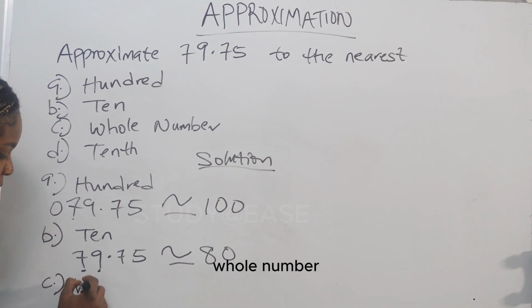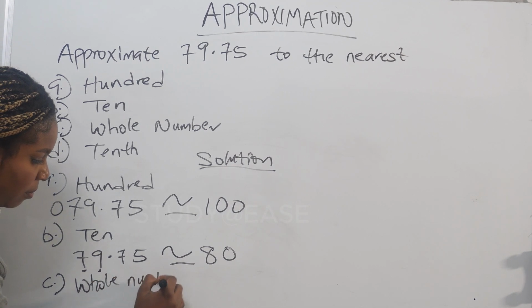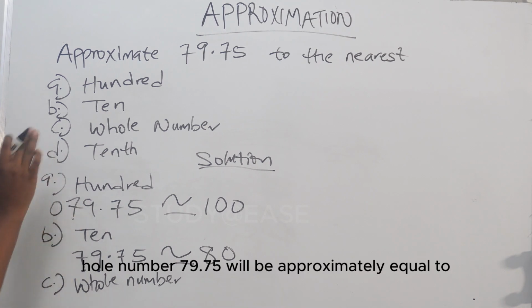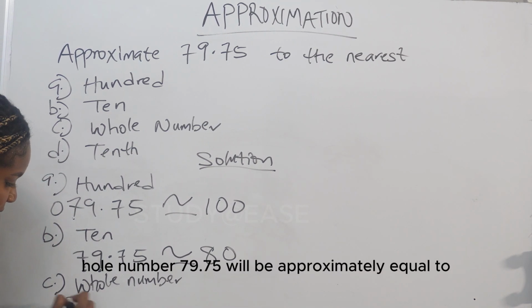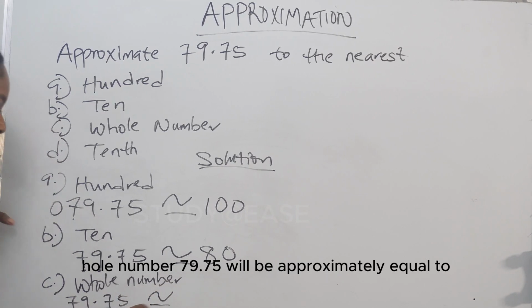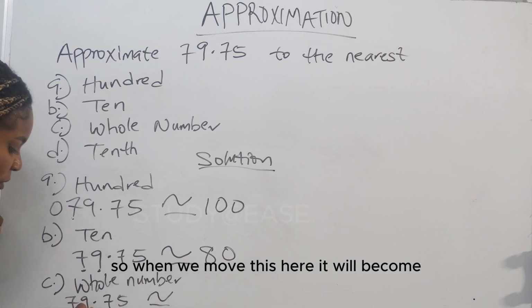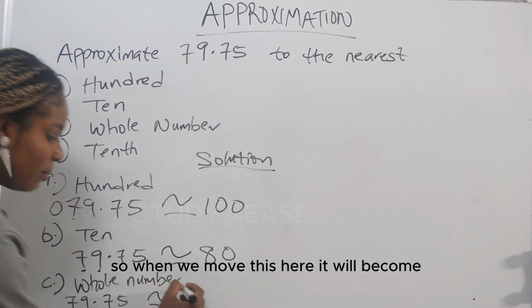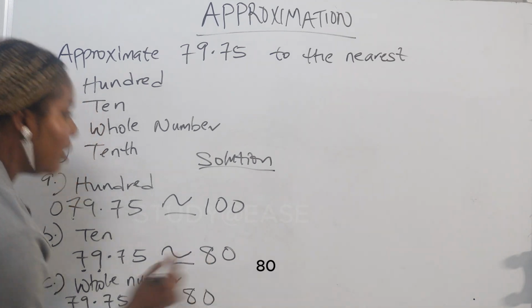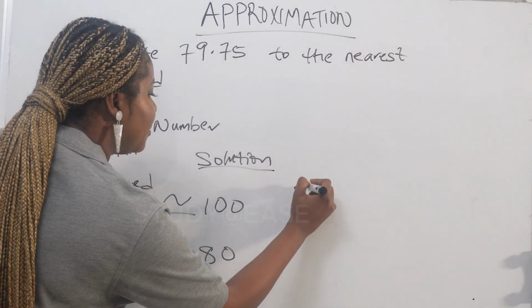whole number. 79.75 will be approximately equal to, we are trying to make this whole. So when we move this here, it will become 80. Now for the last one, which is tenths,